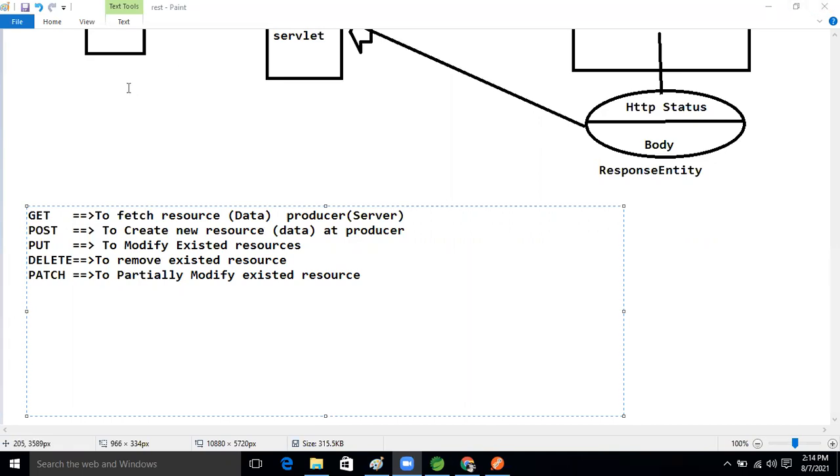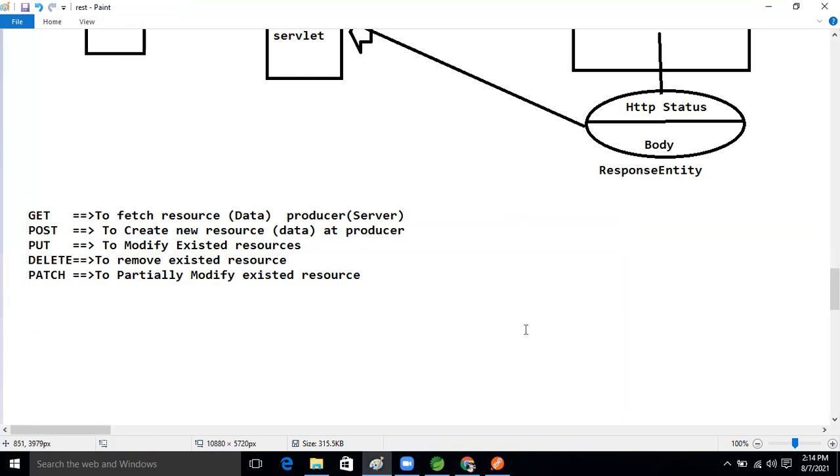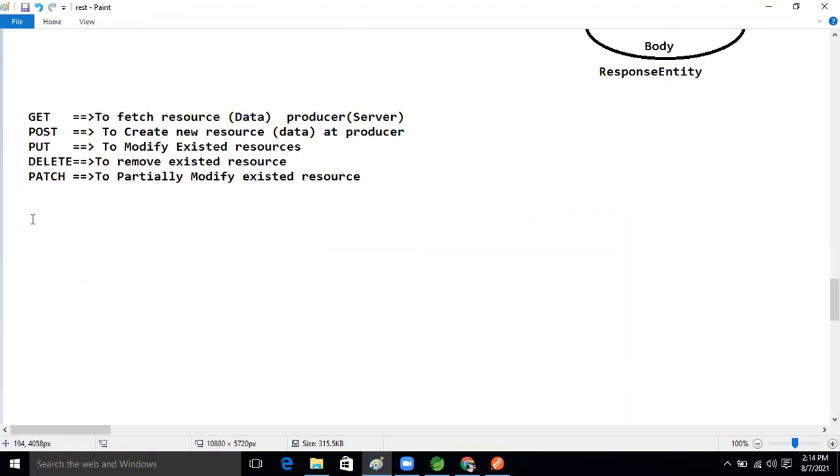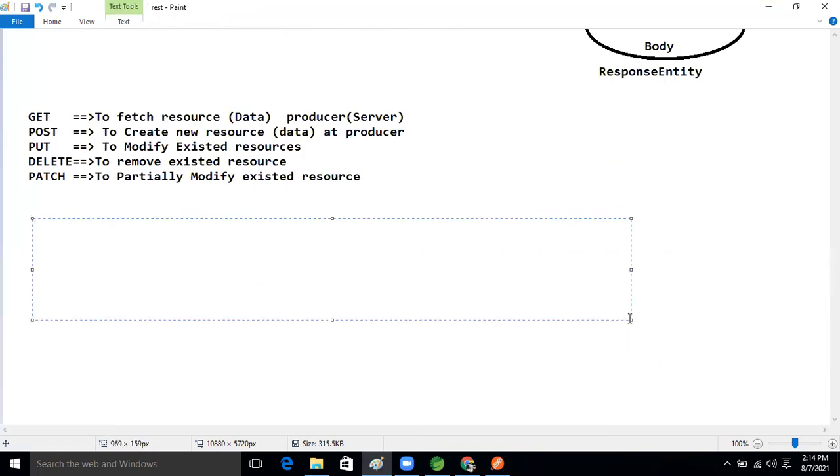Sorry, guys. Based on this, we will make the request. Let's develop one and see it. Whenever we develop our REST endpoint, in the last session we took one example. In that, what was the return type? Anyone remember?